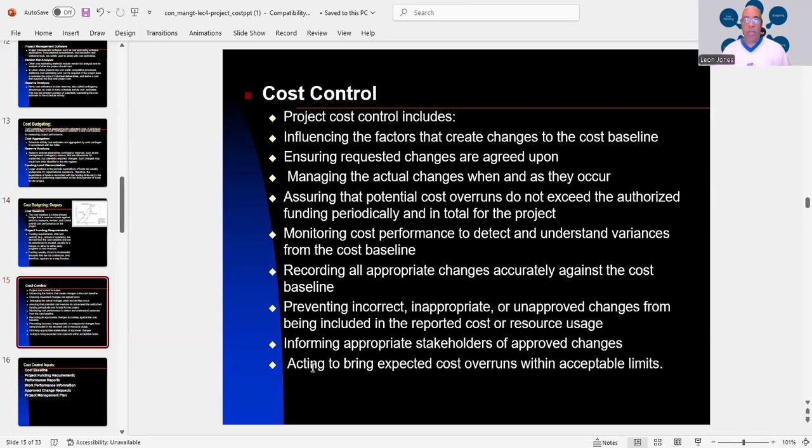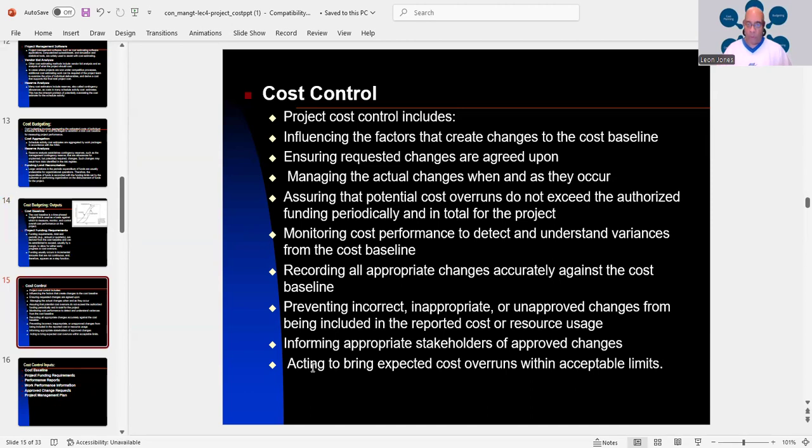Then we deal with cost control. Cost control includes influencing the factors that create changes to the cost baseline, ensuring requested changes are agreed upon, managing the actual changes when and as they occur, assuring that potential cost overruns do not exceed the authorized funding periodically